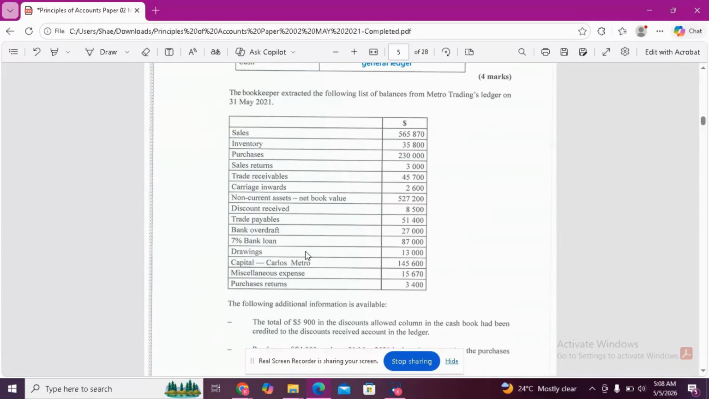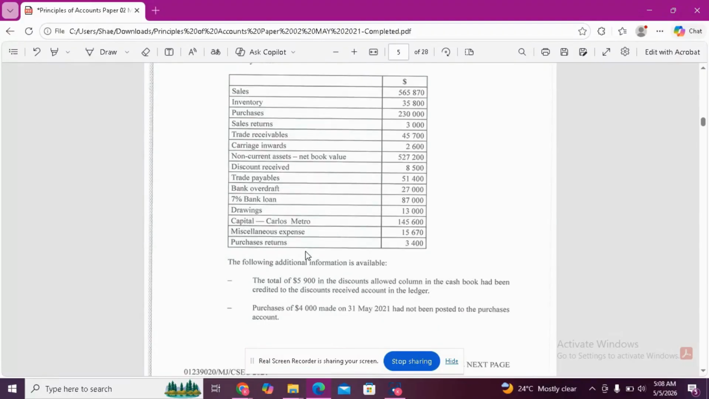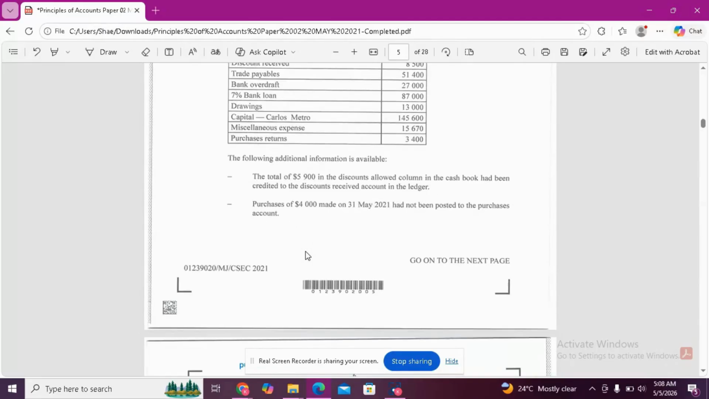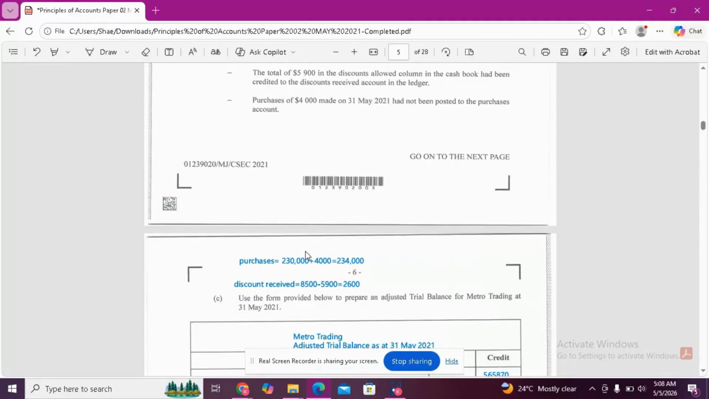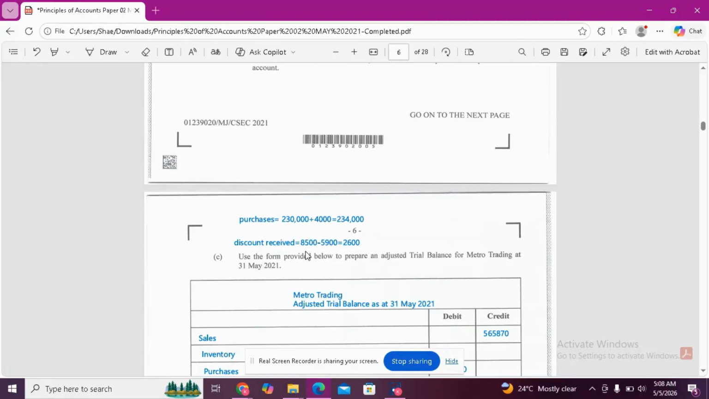The bookkeeper extracted the following list of balances from Metro Trading's ledger on the 31st of May 2021. The following additional information is available. The total of 5,900 in the discount allowed column in the cash book had been credited to the discounts received account in the ledger, and the purchases of $4,000 made on the 31st of May has not been posted. We're going to use the form provided below to prepare an adjusted trial balance for Metro Trading at the 31st